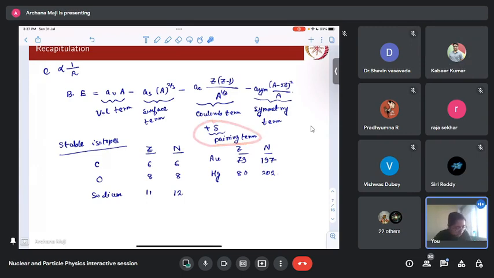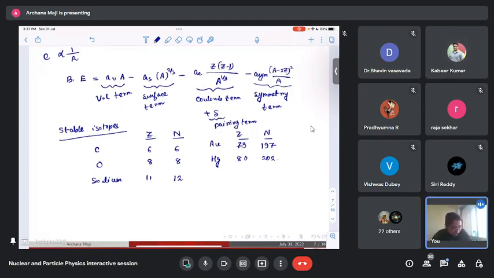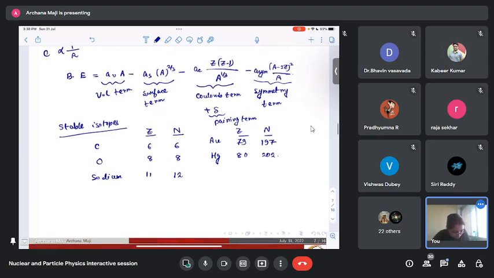Sorry, constant divided by A to the power? 3 by 4. Yeah, exactly. So that pairing term I'm going to explain now. So it has been seen that for elements